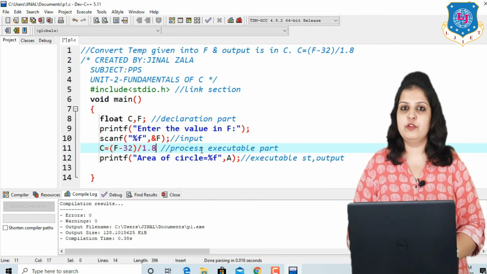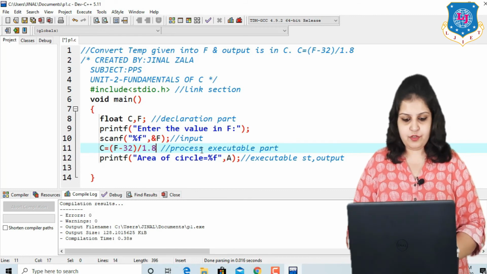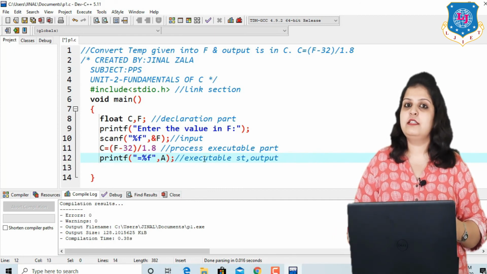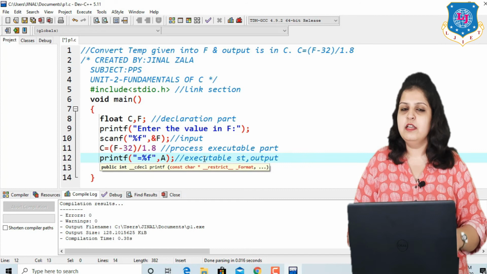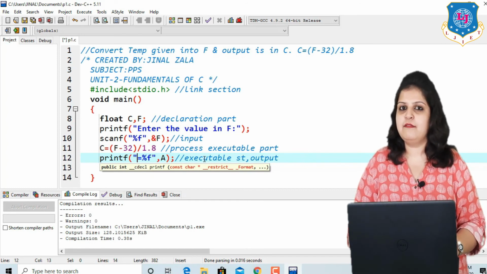Now our output, and our output is stored here in our C variable. So C is our output, and here change the statement. In printf, always change the statement according to the definition. In the previous program our output is area of circle, that's why I wrote area of circle in printf.